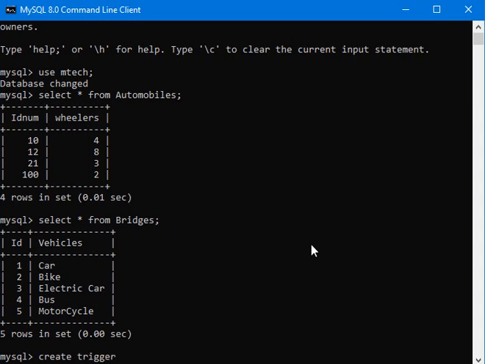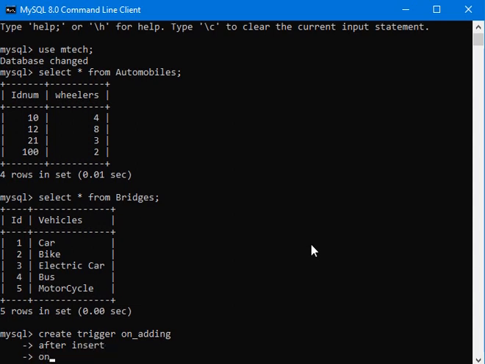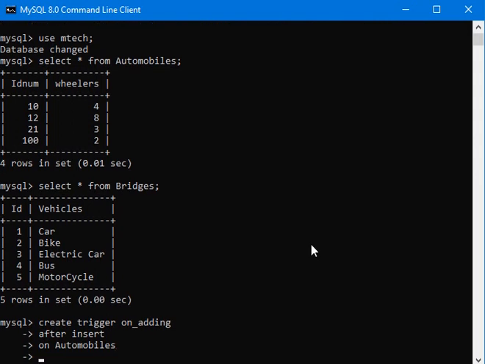Let's say I write on adding is the trigger name, enter. Right after, insert on which table? Automobiles, enter. For each row,